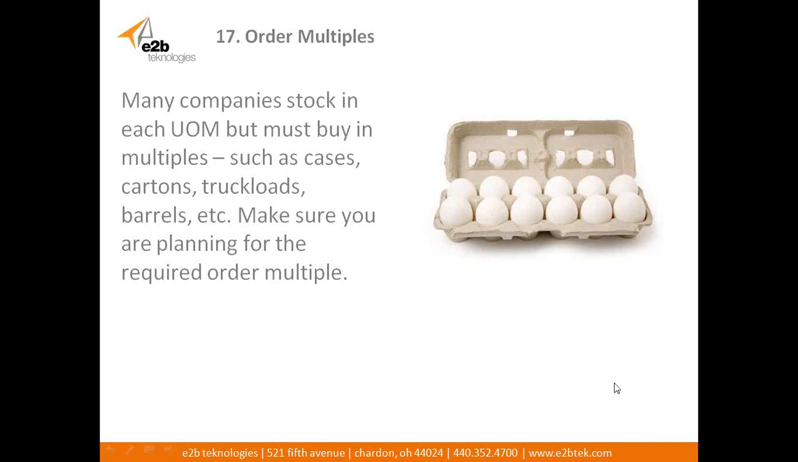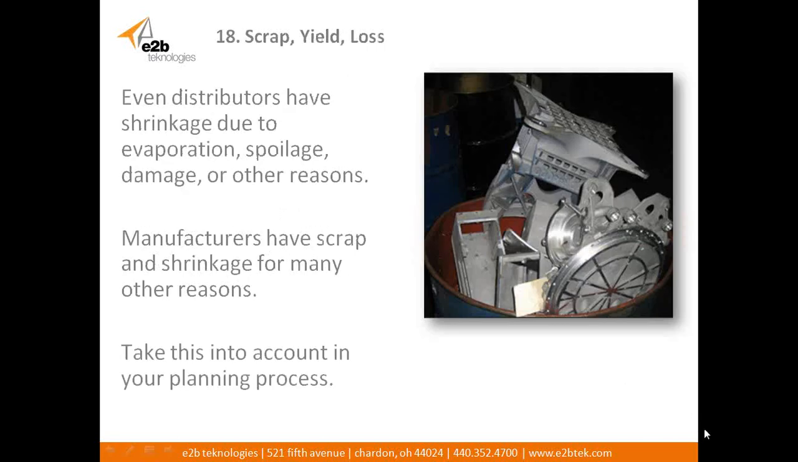Okay, so that's another thing that we've added into our product that we see time and time again is not available in some of the other MRP systems on the market. Scrap yield and loss. If we look at just even a distribution environment, you're going to have shrinkage depending on the nature of the product that you're distributing. If it happens to be chemicals, you might end up with evaporation. If it's food products, you're going to end up with spoilage. If it's hard goods, you're going to end up with products that do inevitably become damaged, or there's other reasons